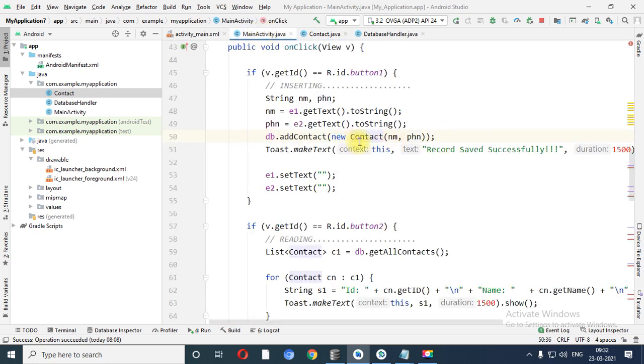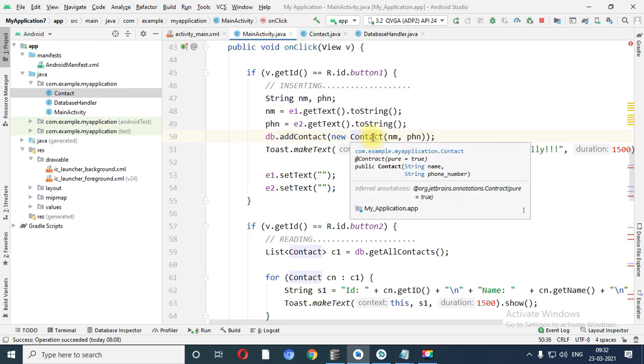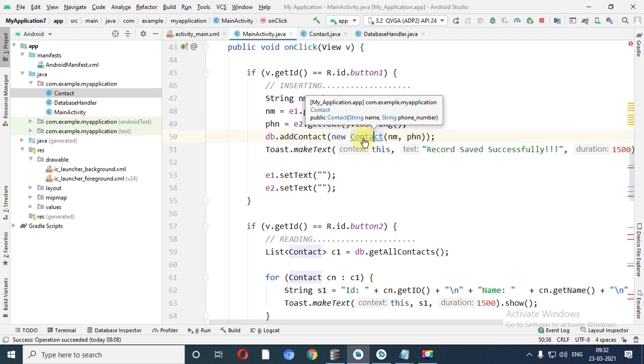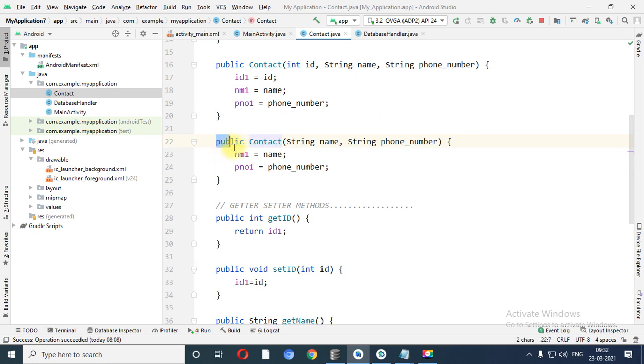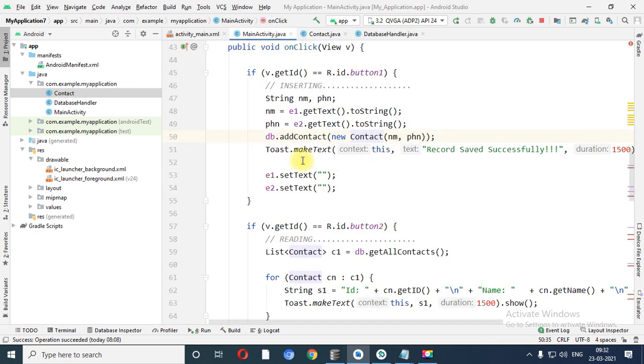Say for example, if you want to switch into this particular file, you need to take the cursor over here and press the control key from the keyboard, and put the cursor over here. When you control plus click, it will automatically switch into that particular code. Now let me again click on the MainActivity.java file.